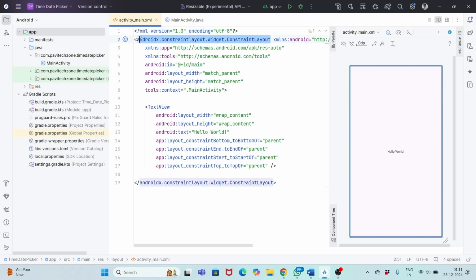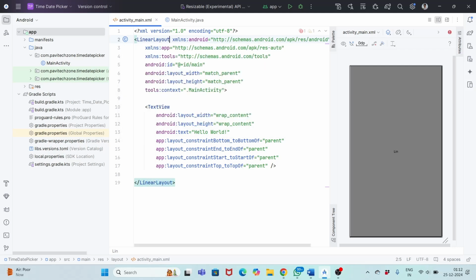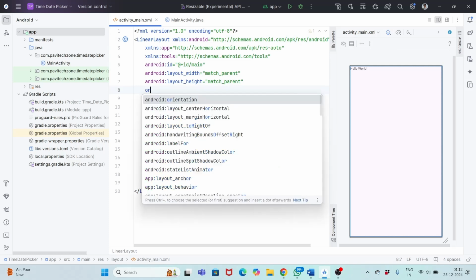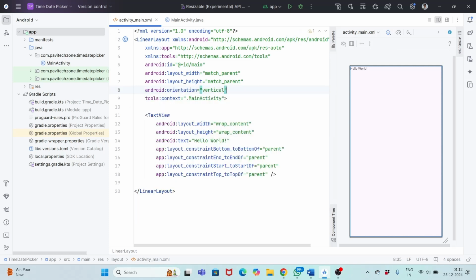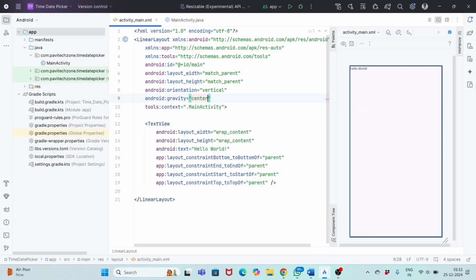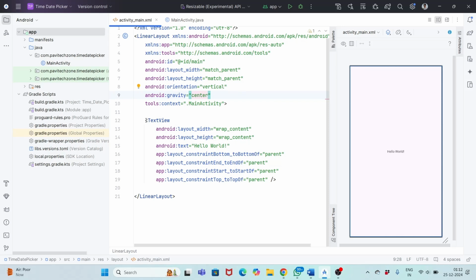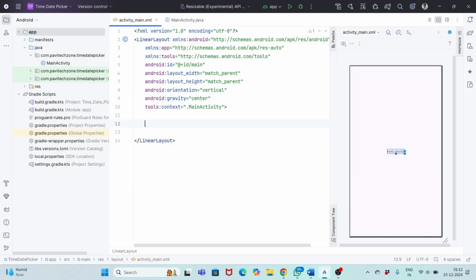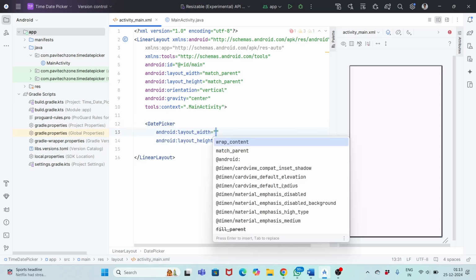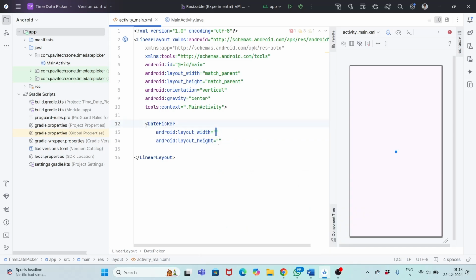First, I am going to change this constraint layout to linear layout, and we will give the orientation as vertical and gravity to center. We will remove this text view. Here you can create the date picker widget like this, but that's not what we want. We want to pop it up like a dialog. For that, I am going to delete this widget